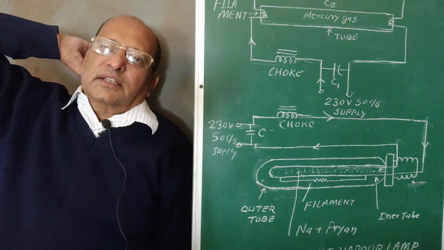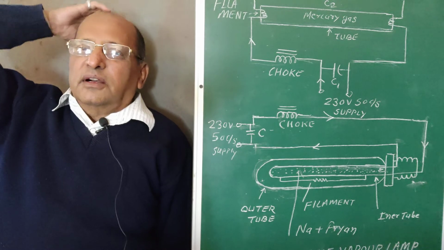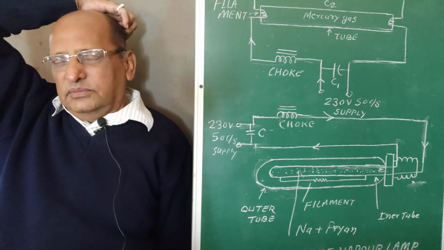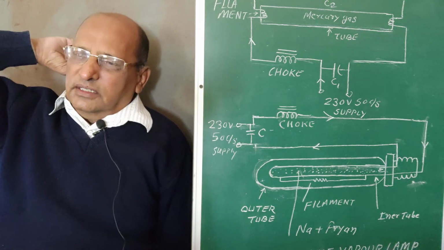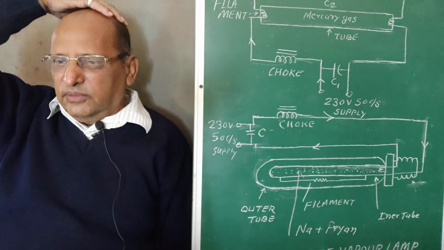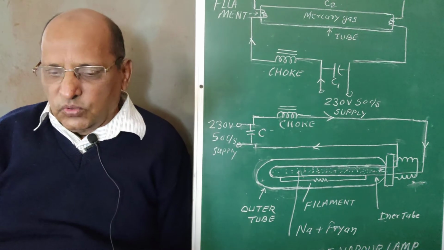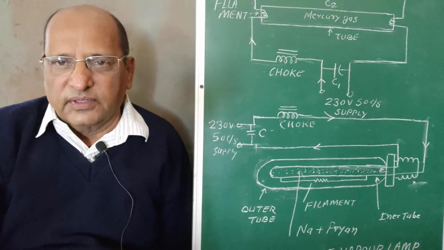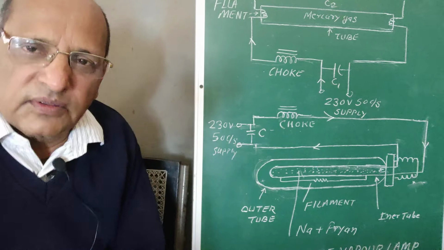It is always asked in the examination, sometimes 10 marks are given for this particular circuit, and 10 marks are also given for the sodium or mercury vapor lamp circuit. So you prepare these circuits in the sketchbook on separate pages and write their theory of operation. The theory of operation I have given simply.